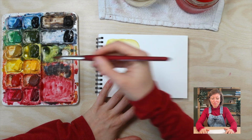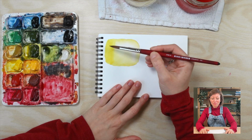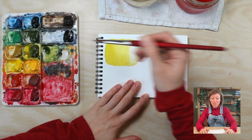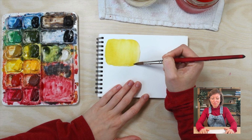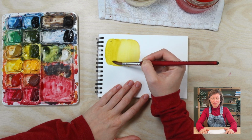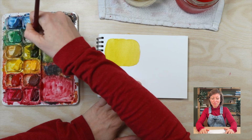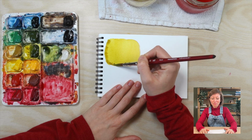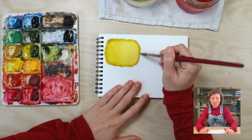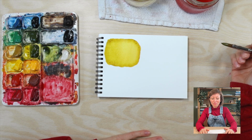So one option is to pick up some color and just go on top of it. And then it will become darker. And because watercolor is transparent, you will still see that it's darker on the edges and it is lighter in the middle. But let's say that you want it to be even darker, so you pick even more of this golden green and go one more time while this second layer is still wet and add it again, so it will bleed. So you can see that there is a darker edge. So this is one way you can darken